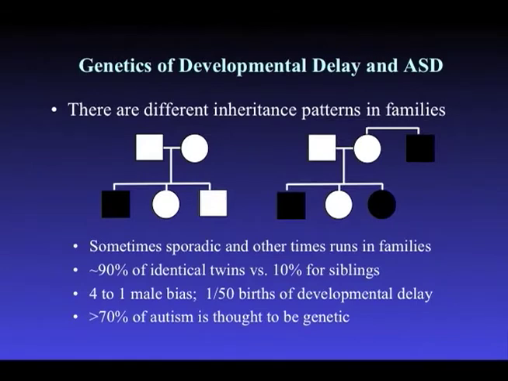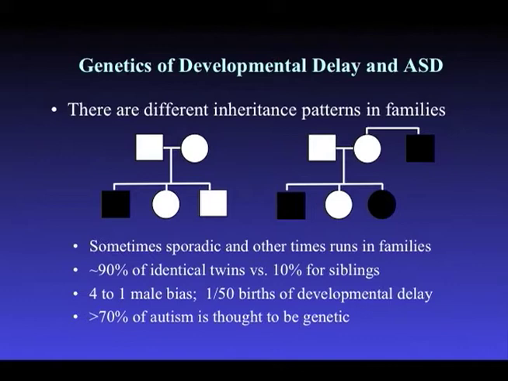So I'm going to talk about the genetics of developmental delay and autism. I will not be talking about environmental influences. My background is in genetics, and this is the way I think about the disease. And a couple of important points to get across initially. The first is, when we think about the genetics, human geneticists for a long time have thought about what we call simplex versus multiplex families.